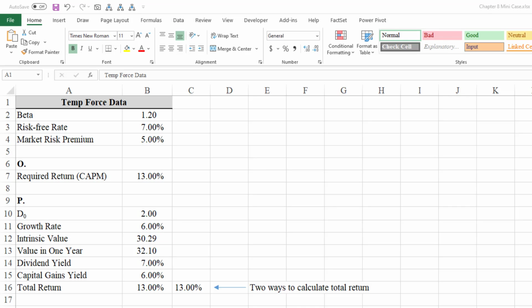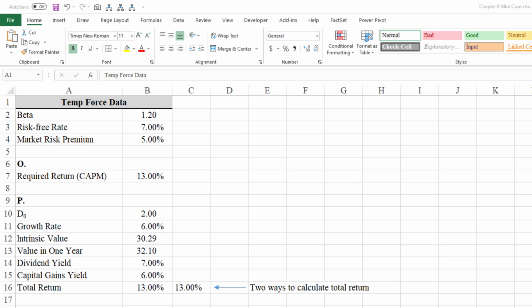So to do this, we're going to use our constant growth dividend discount model, and that would be 2 times 1.06 divided by, and remember our required return is 13%, so 2 times 1.06 divided by 13% minus 6% gives us an intrinsic value of $30.29. Now, in part 2,